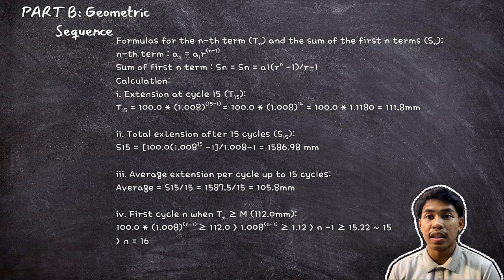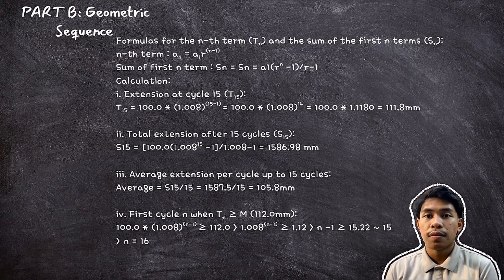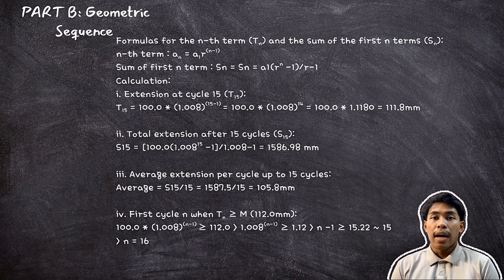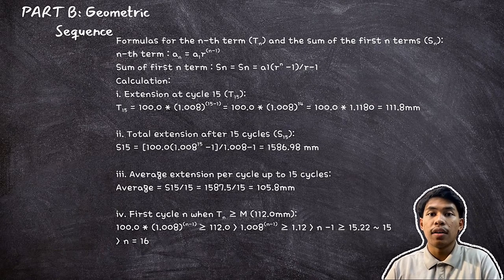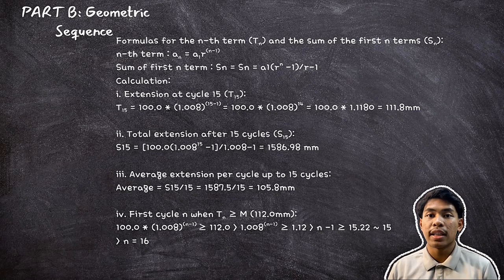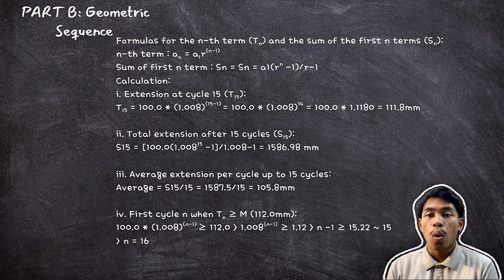Using the sum of geometric series formula, the total extension S50 is 1586.98 mm. So the total extension accumulated over 50 cycles is 1586.98 mm. For the third question, I find the average extension per cycle. The average extension is calculated by dividing the total extension by the number of cycles. Therefore, the average extension per cycle is 105.8